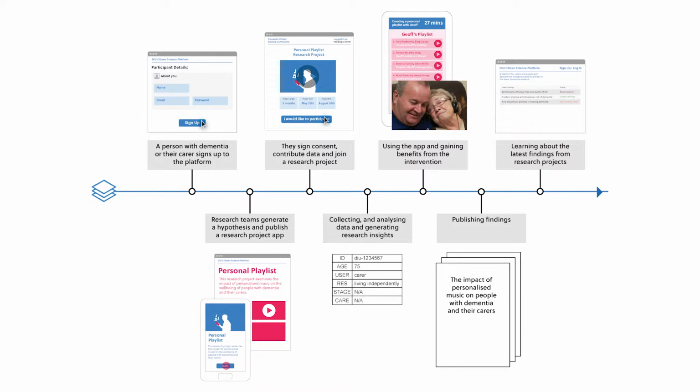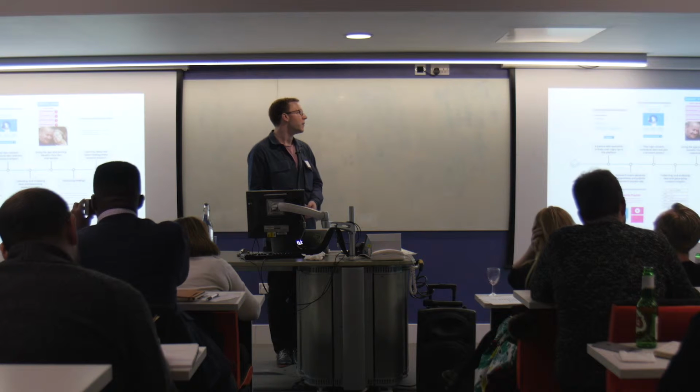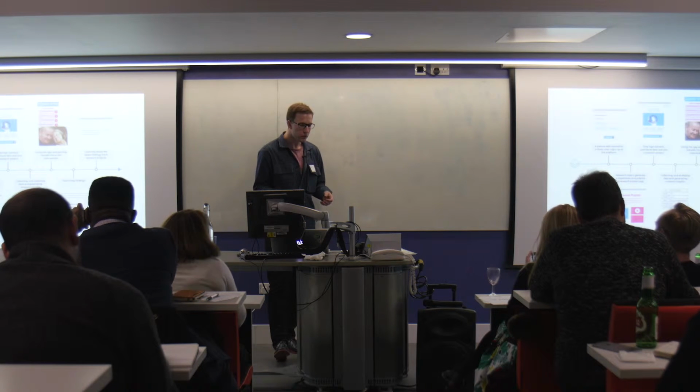So this is the process or the life cycle of a research project on Dementia Citizens. At the top you've got all the stuff that relates to the patients, and at the bottom all the stuff that relates to the academic researchers. So the first thing that happens is the researcher comes up with a hypothesis that they want to test, and that hypothesis